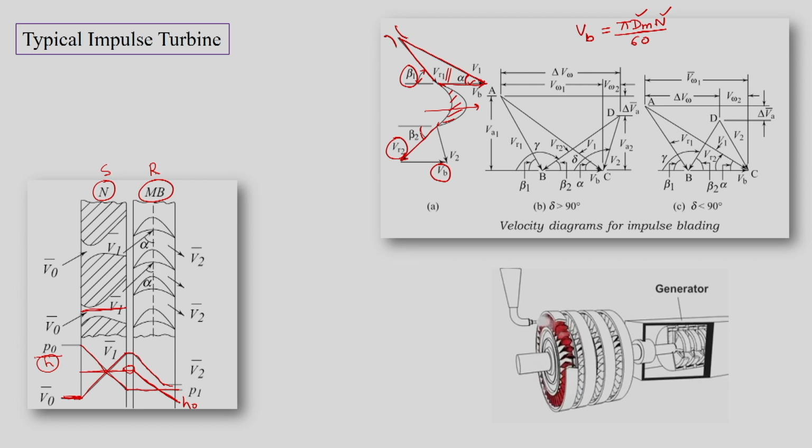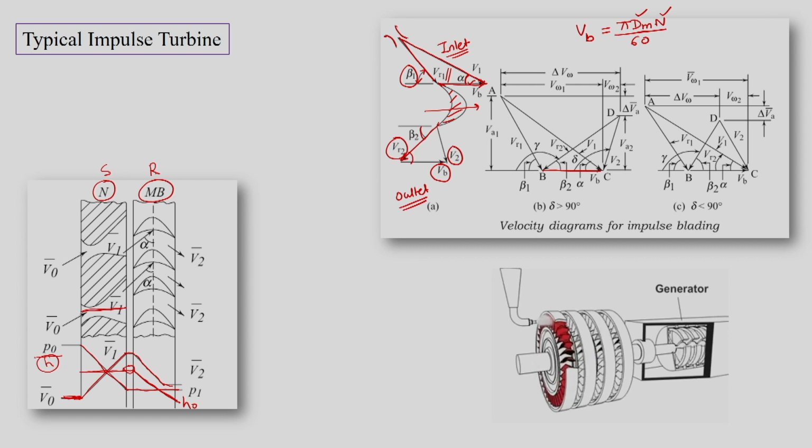So we will draw the same Vb, and this beta 2 is the angle made by VR2 with Vb. Then knowing these two velocities, we can find out the resultant, which is absolute velocity V2 at the exit of the blade. So this is the inlet velocity triangle and this is the outlet velocity triangle. Now these two triangles we can combine with each other, since both triangles have the same base, which is Vb.